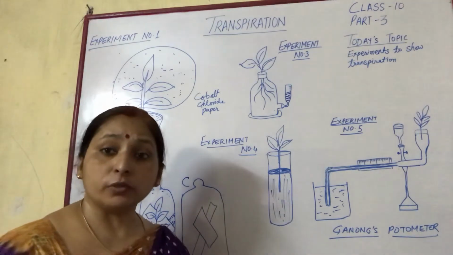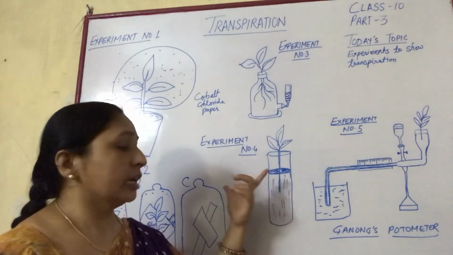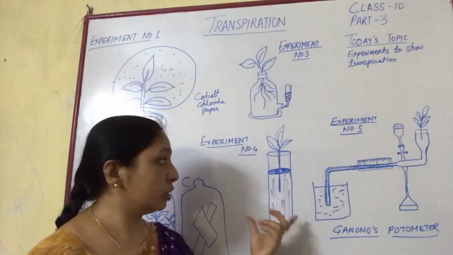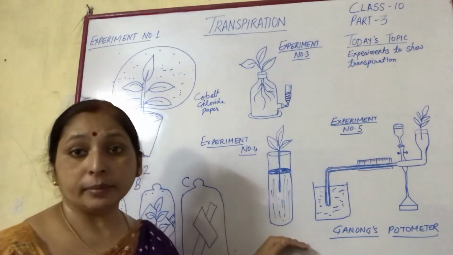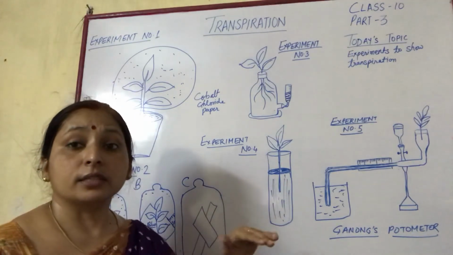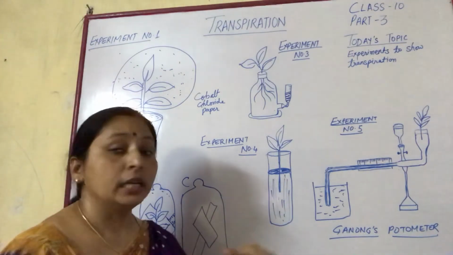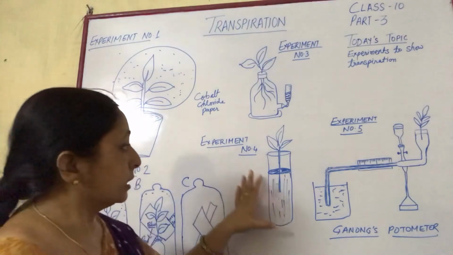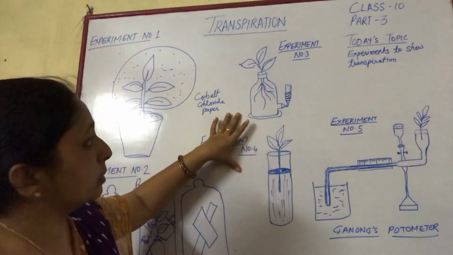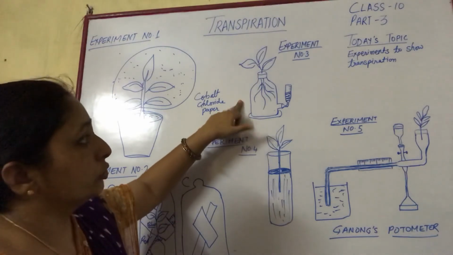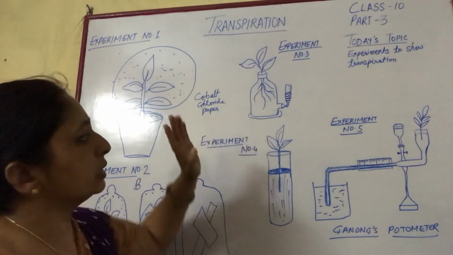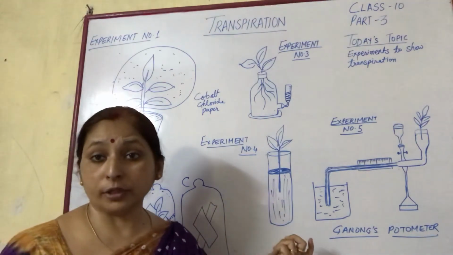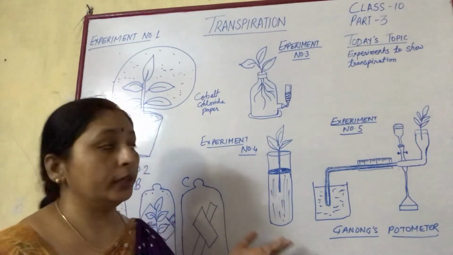As the absorption of water is less, transpiration is also very less in amount. So this weighing method is to check, if roots are absent, what is the change in the rate of transpiration. Next, in these two experiments, in experiment number 3, the questions would be based on: number 1, describe the phenomena, the definition of the phenomena.